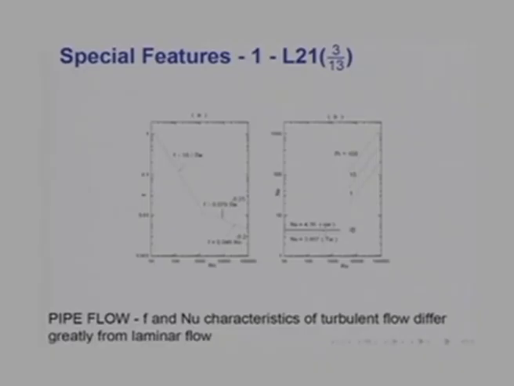On the other hand, the experimental correlations will show you that Nusselt number strangely becomes a function of both Reynolds and Prandtl. Nusselt number increases with Reynolds number for a fixed Prandtl number, and for a fixed Reynolds number it increases with Prandtl number. So, suddenly something happens, and Nusselt number, which was independent of Reynolds and Prandtl number in laminar flows, suddenly becomes a function of both Reynolds and Prandtl number. So, we can conclude that there is something fundamentally different in turbulent flows that laminar flow equations can hardly be